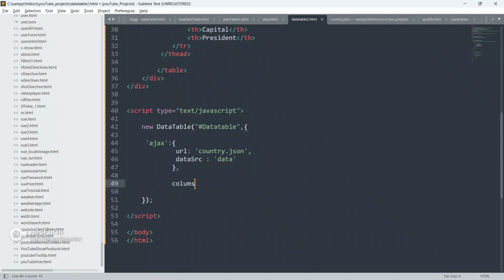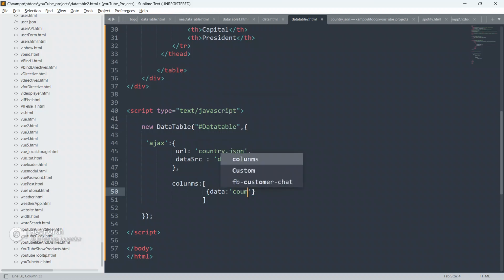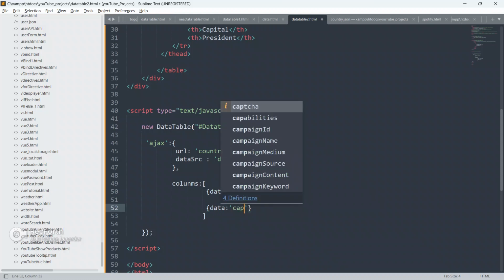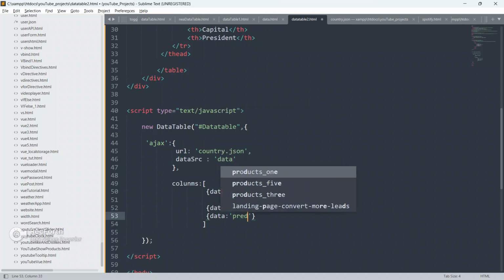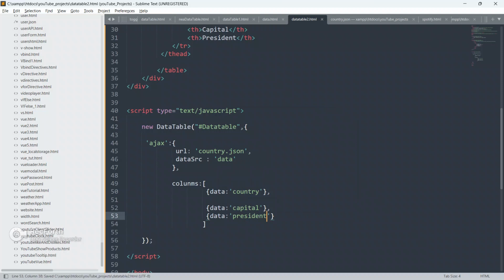Now I'm going to create columns. Columns colon, open and closing square brackets. I'm going to give data as country, and comma, data capital, comma, data as president.